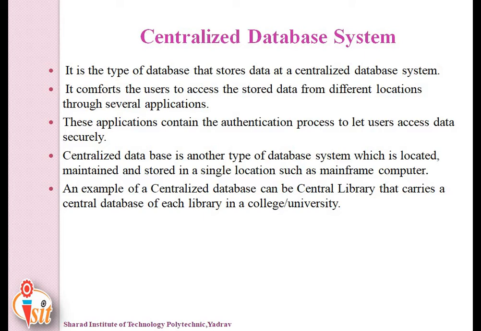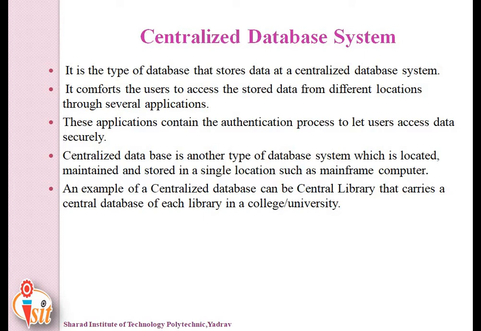As the name suggests, a centralized database system is nothing but the data is stored at a central location. Means what? A centralized database system is a system that keeps the data in one single database at one unique location. A centralized database is a database that is located, stored and maintained in a unique location. Data can be accessed from multiple sites with the use of a network, whereas the database is maintained at the central site.